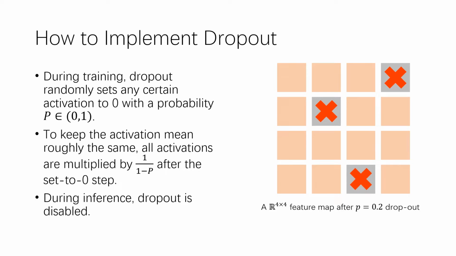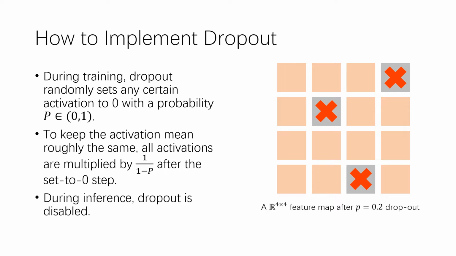Okay, now let's talk about how to implement dropout. Dropout behaves differently in training and in inference. During training, dropout randomly sets any certain activation to 0 with a probability p between 0 and 1. To the left, we have a 4 times 4 feature map after a p equals 0.2 dropout. As you can see, roughly 20% of activations are set to 0, which are those neurons with